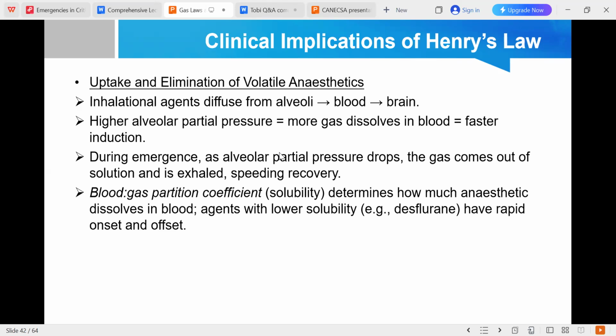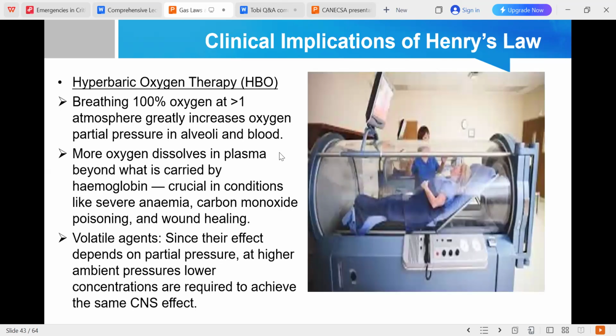This also explains the blood gas partition coefficient, which determines the amount of anesthetic dissolved in blood. The second implication of Henry's law is hyperbaric oxygen therapy. If you're breathing 100% oxygen at greater than 1 atmosphere, this will increase the amount of oxygen present in the alveoli and blood, and this ensures that more oxygen dissolves in plasma